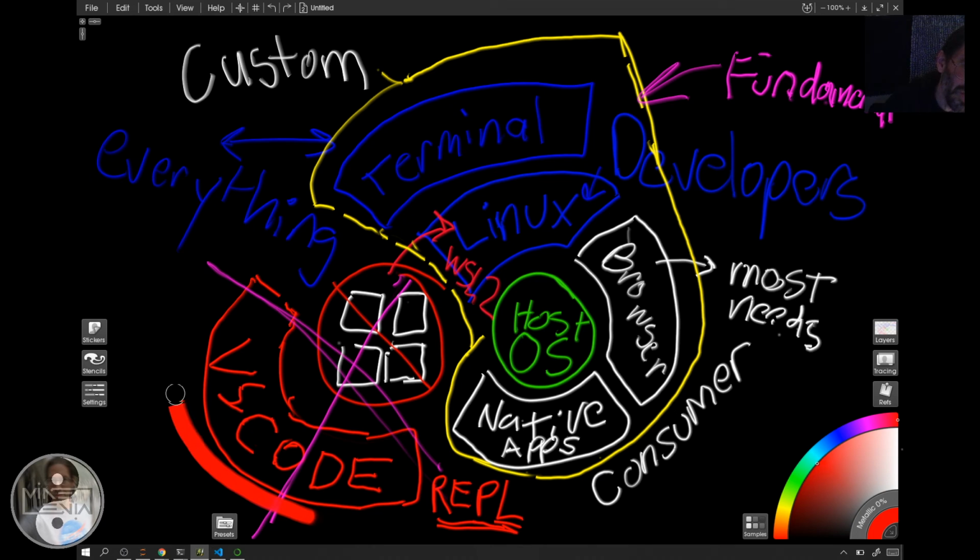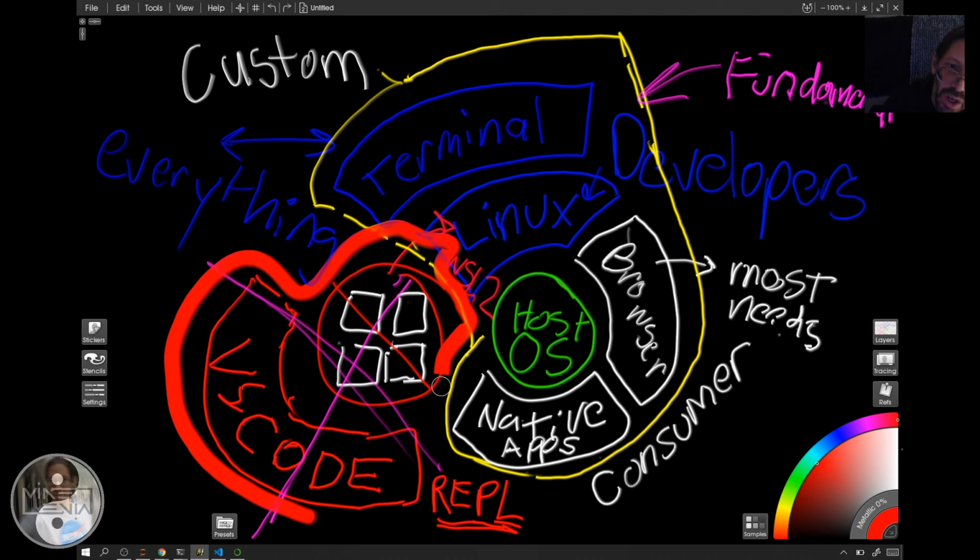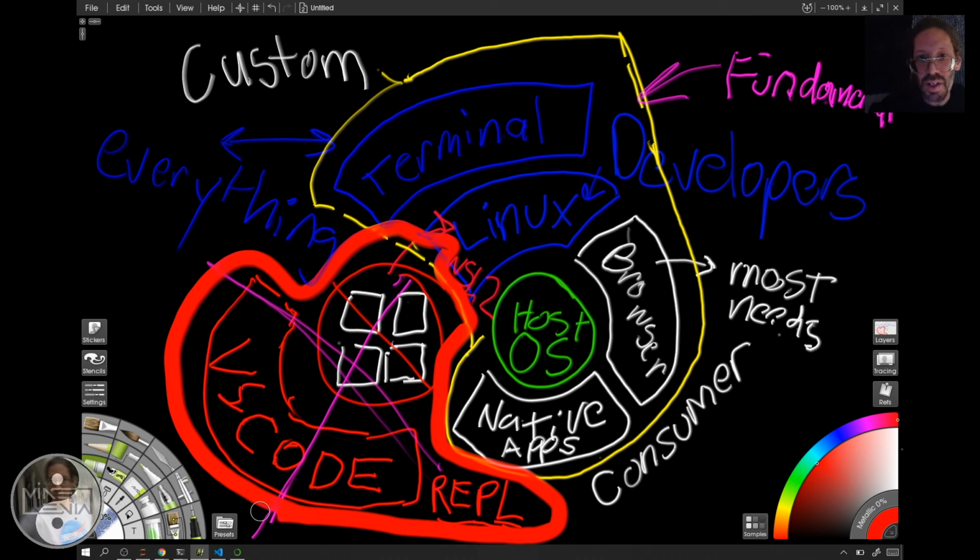One wrong move at this early time when you're picking your tools, while it has some good bits like REPL, it's making this your future world. Whereas because there's this existence of this WSL2 thing right here that Microsoft magically gives you in the new versions of Windows becoming available later this year, you no longer have to be inside that red circle, and you can start conceptually making any host OS